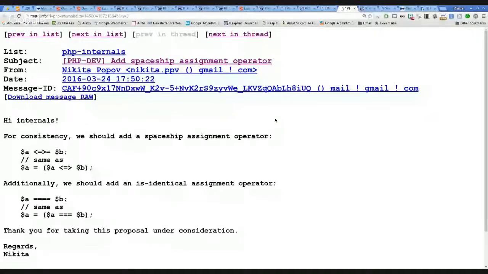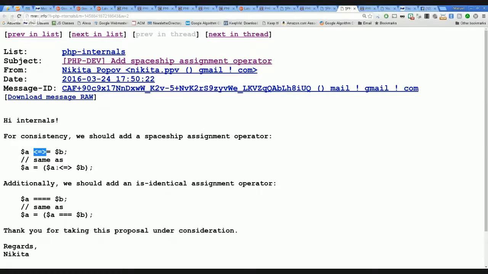This is about the Spaceship Operator. It seems this has been announced as a great feature of PHP 7, but it is not that useful. The Spaceship Operator, which is this sequence of characters, they call it that because it looks like a spaceship.